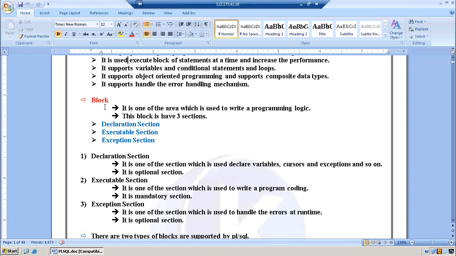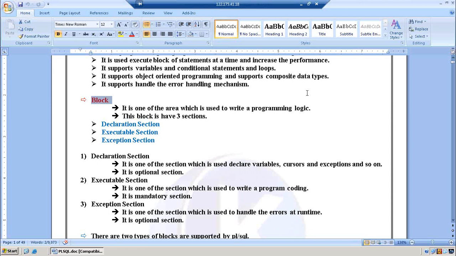Before starting PLSQL, first we want to understand what is a block and how it works. Okay, so observe this one. If you want to write a query in the SQL prompt, we should use the select statement, right? We want to understand some basic commands. Based on those commands, we can write a select statement or any statement in the SQL prompt. So we want to understand DML statements, DDL statements, and TCL statements. Each and every statement we want to understand, then only can we write any single statement in SQL